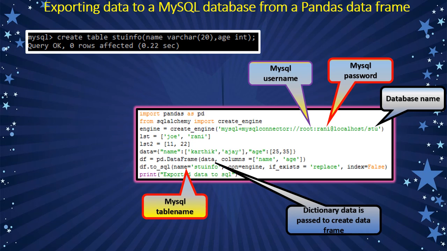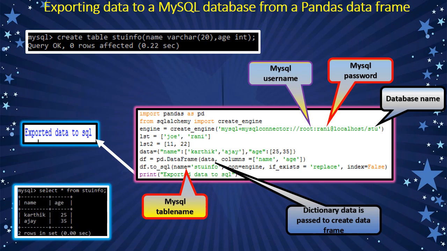Actually stu_info in the previous example contains two rows of column values. But now if I give if_exists equal to replace, since this table is already available, it will replace the data. So now if you open SQL and check, the data are updated. It is replaced. Since the table is already present, it will be replaced.